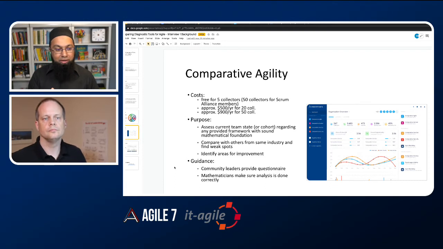How are you going to run it not just once and done, but how are you going to do it the next cycle over, and see how you're trending up or trending down. So really don't leave it hanging, almost like you have to create an advisory board, right? To decide which of the diagnostics are we going to apply that are beneficial for our teams, which comparative agility would say that you're coming as an external and internal consultant, you have given